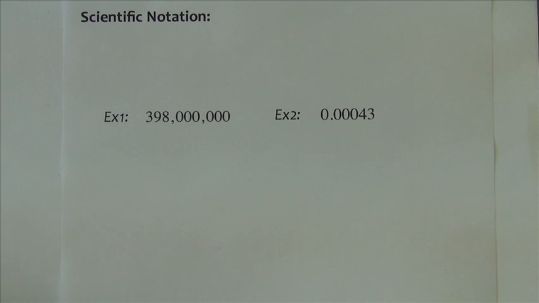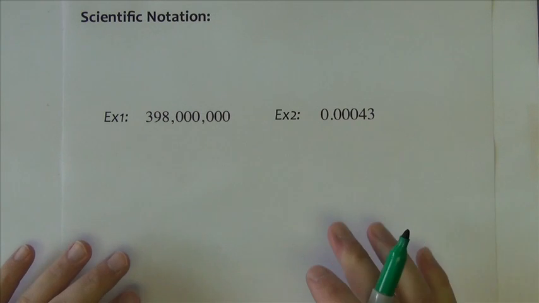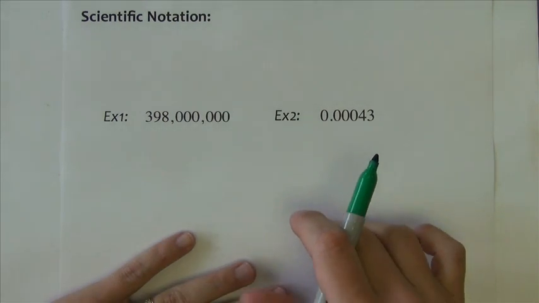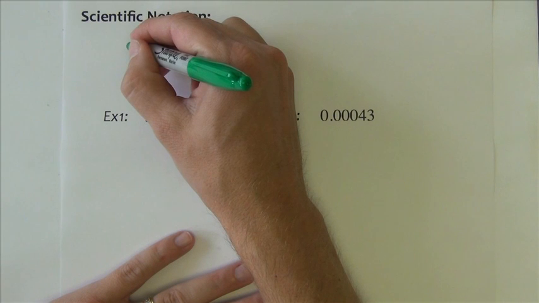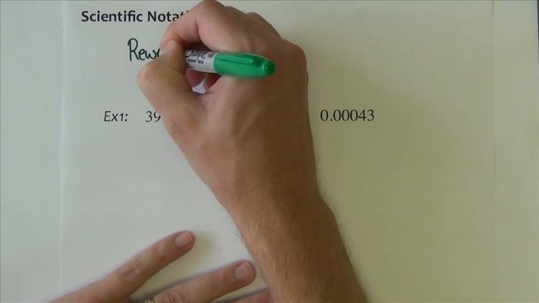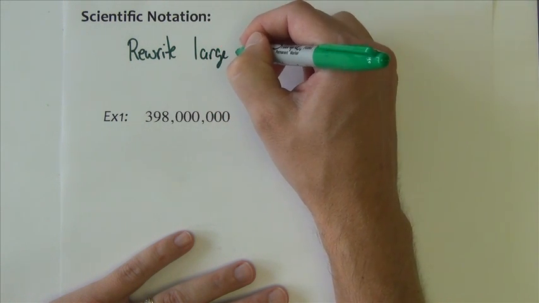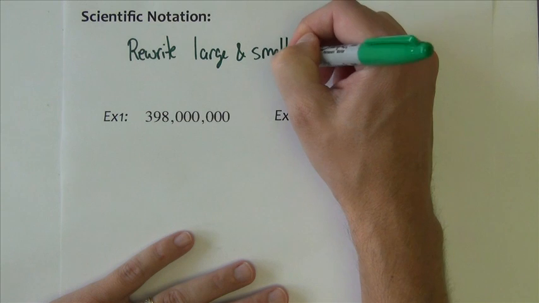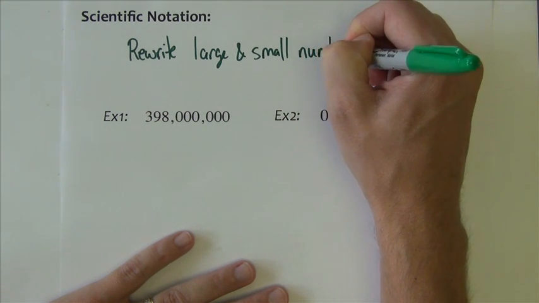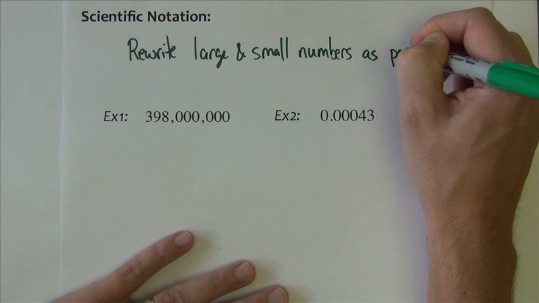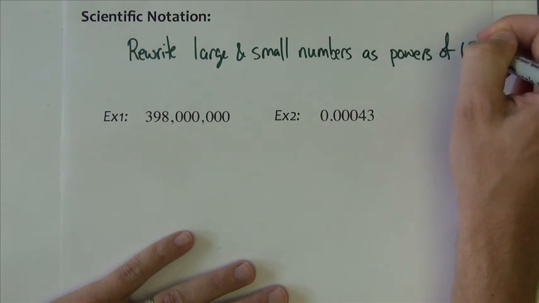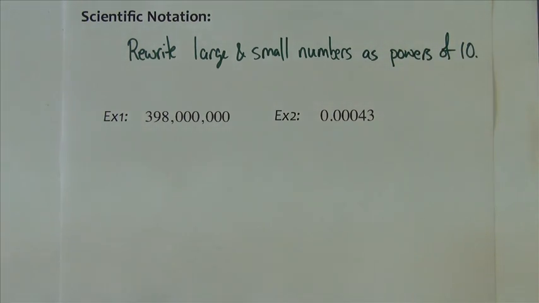Alright, finally we're going to talk a little bit about scientific notation. This should very much be review for anybody in an Algebra 2 course, so we'll go through it pretty quick. Scientific notation just gives us a way to rewrite, we'll say, large and small numbers as powers of 10. Okay. Since we've all done this before, I'm just going to talk you through these examples,